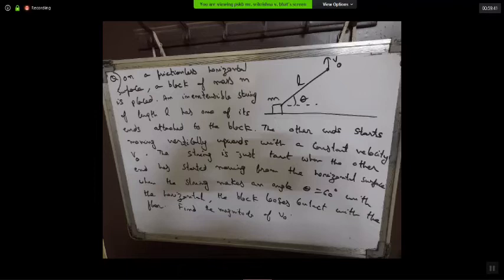Sir, in the previous problem, the incline question, you gave that problem once in class, and that time we did it in a different way. We wrote the force equation along the velocity and perpendicular to the velocity. Perpendicular to the velocity, the acceleration will be r alpha, no sir? Alpha we can write as omega d omega by d alpha.